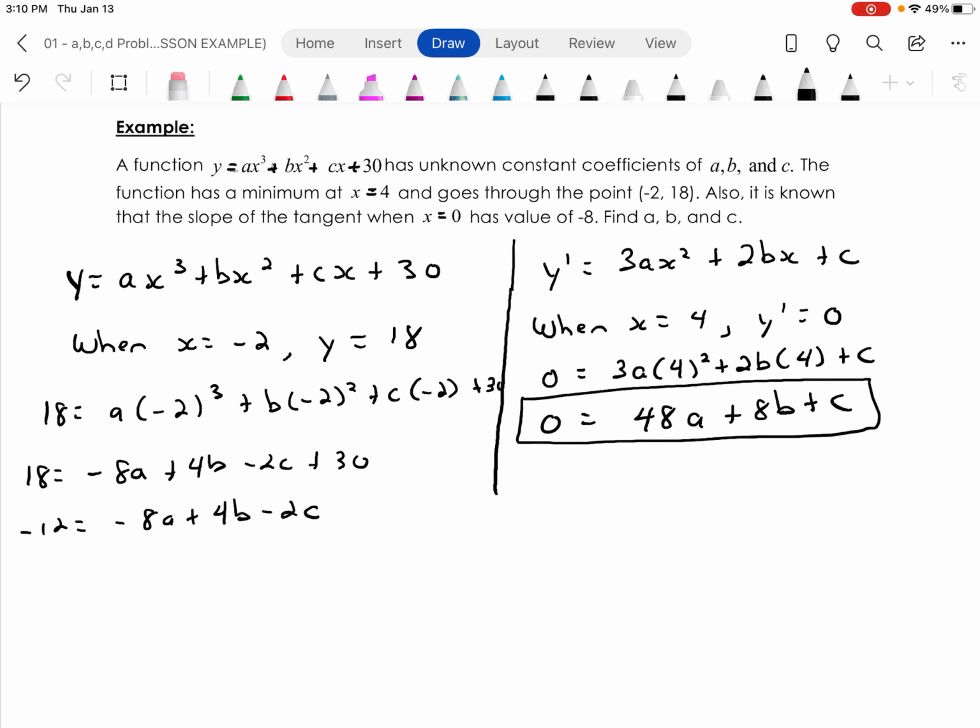Again, very, very frustrating if you haven't seen one of these before, because you're like, well, that didn't help either. All I've got is a big mess of a's, b's, and c's. How can I possibly get all this stuff? And you have to be patient with these type of questions and just keep subbing in information until something cracks loose. The last piece of information says also it is known the slope of the tangent when x equals 0 has value -8. So that's slope of tangent, so it's on the y prime side of things. When x equals 0,